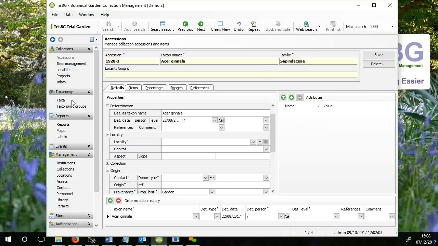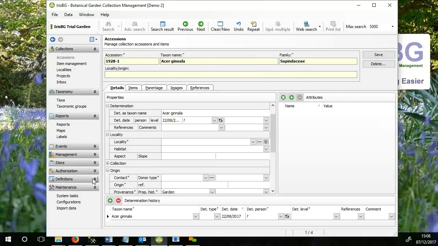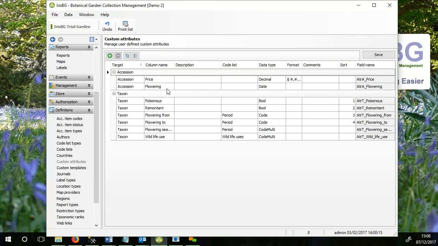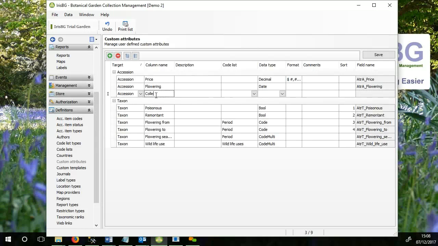Exactly. So what I can do, in this trial database, to just exemplify it properly, is to add an attribute for the accessions in this particular database. So you would then go down here under custom attributes, and I have a few things here already. When you add custom fields, you have to decide whether it should be related to the accession or the taxon. The latter is handy if it's specific to any plants you get of that certain species, then you put it on the taxon. So if I go here and say collection,